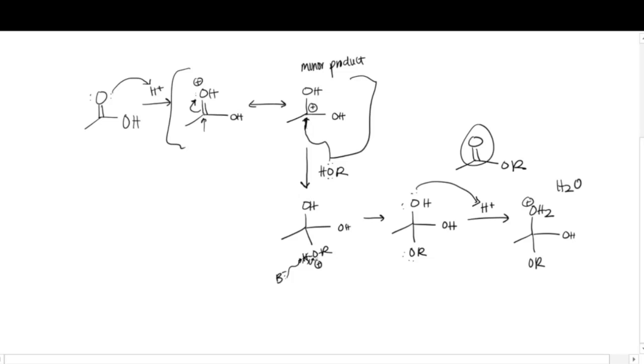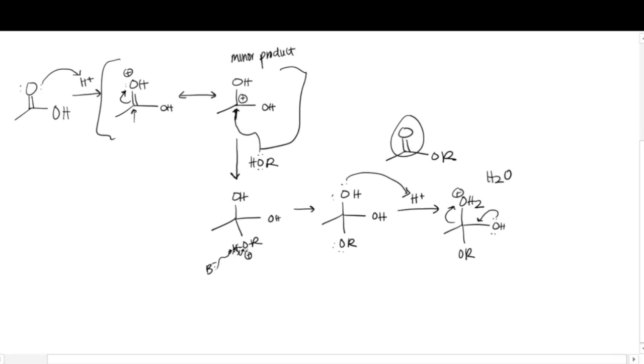And we know that water prefers to leave, it doesn't want to stay attached. So in order to do that, this oxygen, which is attached to the H, is going to take one of its lone pairs and reform that double bond. And again, you can't have 5 bonds to a carbon, so this water is going to go ahead and leave. And we're going to form